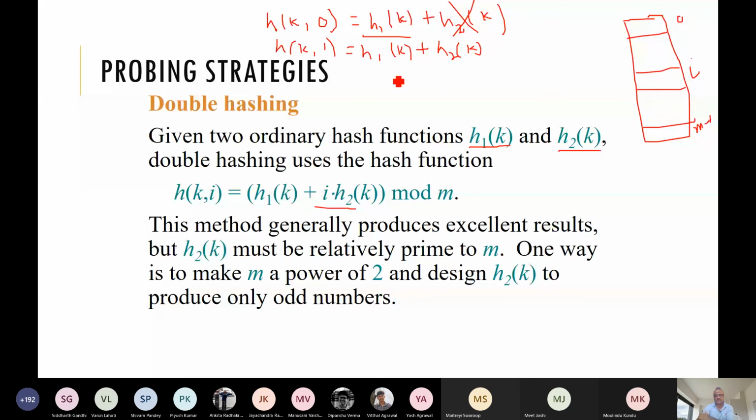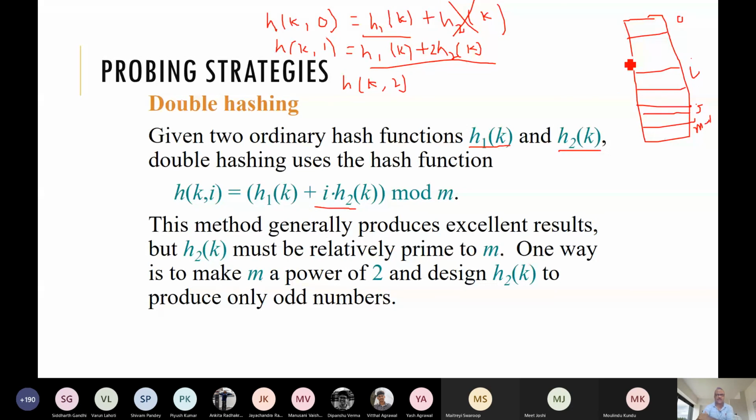If that is not empty again, suppose it is hitting some slot j which is not empty, then we have to go for the next probing. So that is another 2. In that case, instead of bringing a next hash function, we can just multiply by 2 over here, and check whether we are getting a free slot or not. So that is the idea.